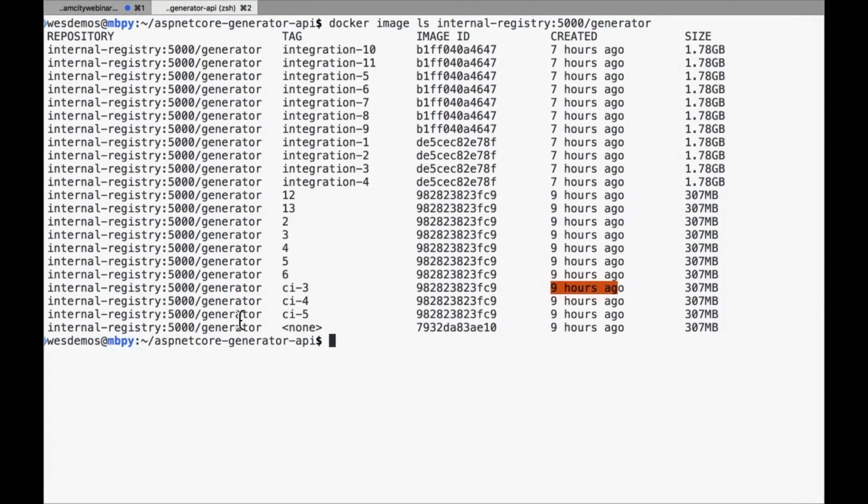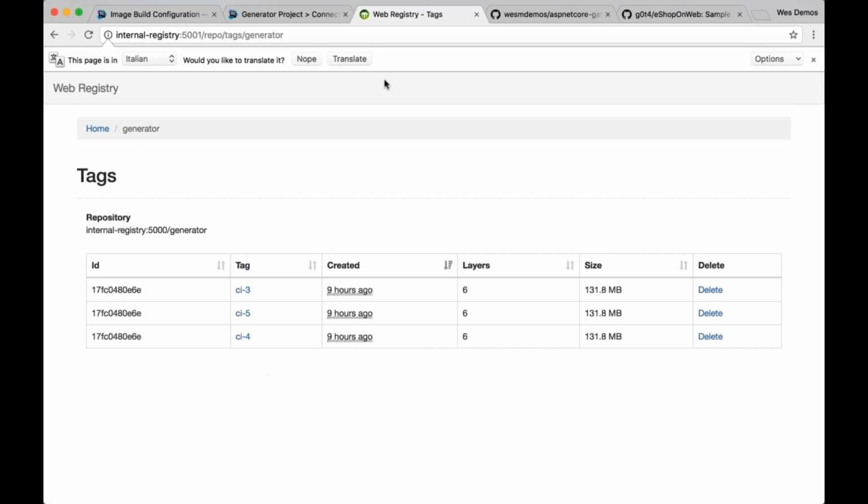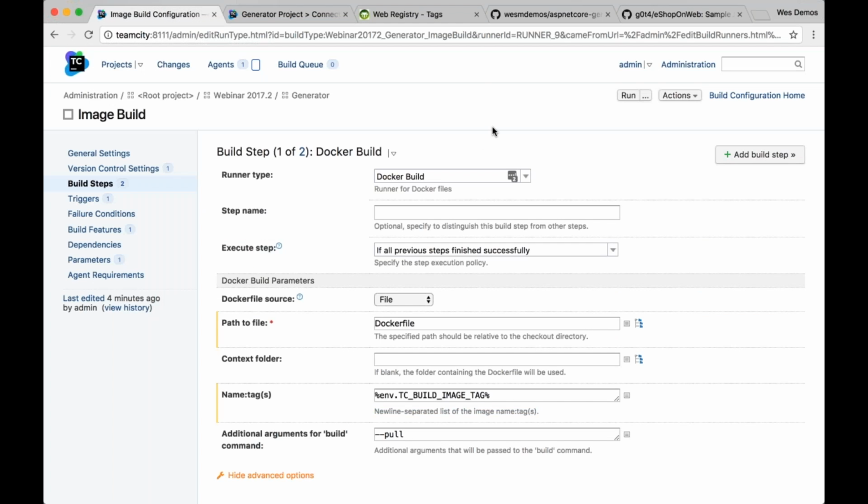But yeah, so here are your images that we're building on the build agent. And then we also have a web UI to a registry, a private registry. And you can see the list continues to grow here. I wish that Google would never translate this site. There we go. Again, running any of these official Docker components in TeamCity, the build steps, the Docker support, necessitates your